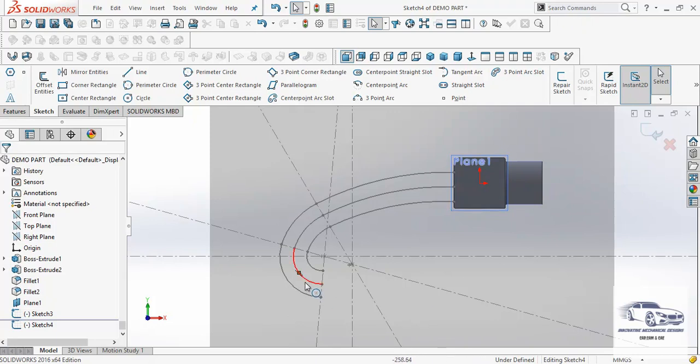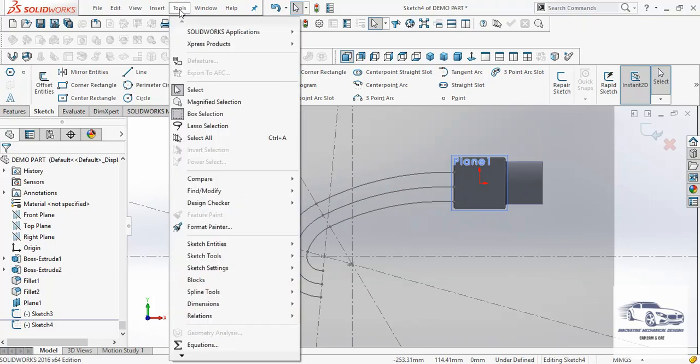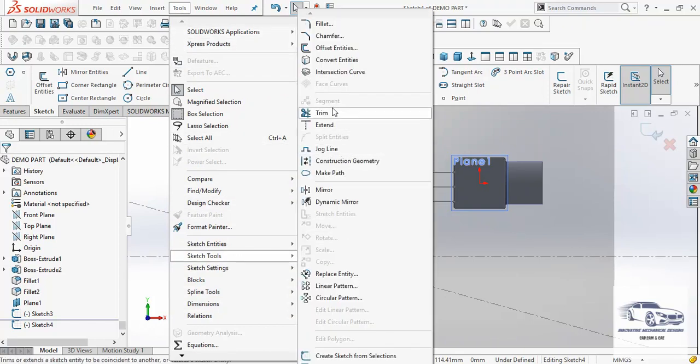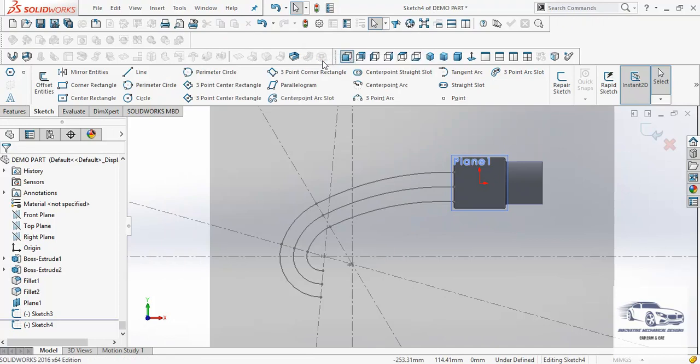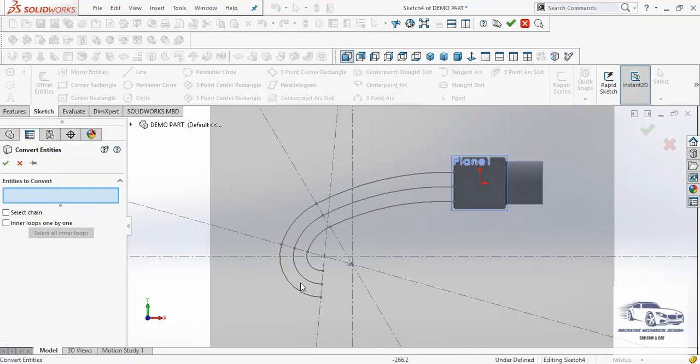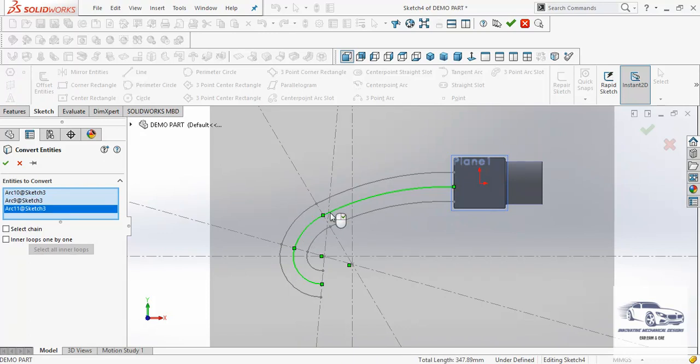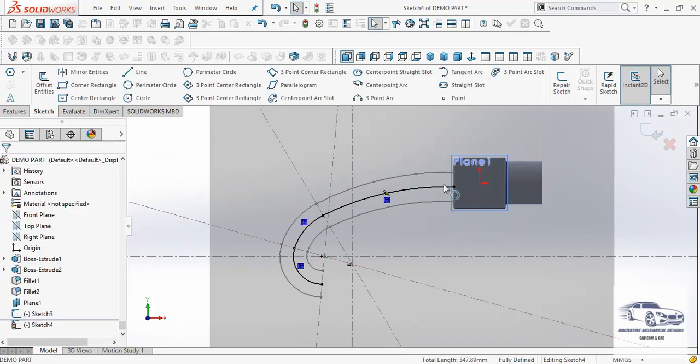Now suppose I want to extract this particular sketch as an independent sketch. In tools, we have to go to sketch tools and then convert entities. And in convert entities, we have to select the loops which we want to extract. So this has created a copied sketch from the master sketch, then OK.